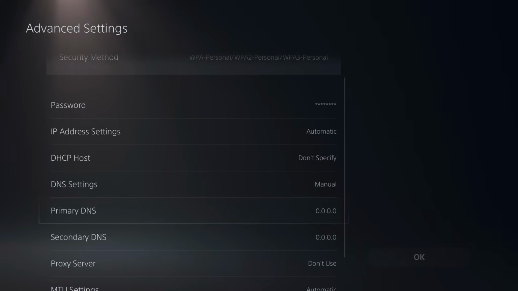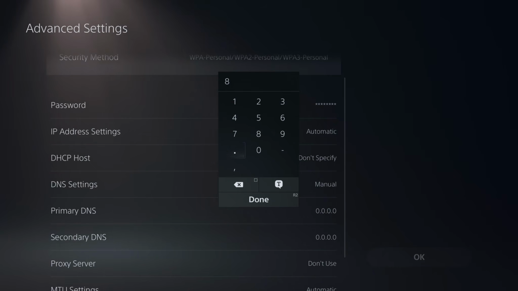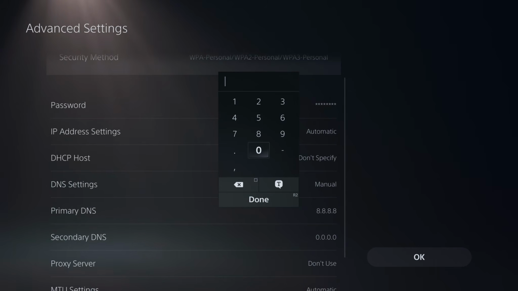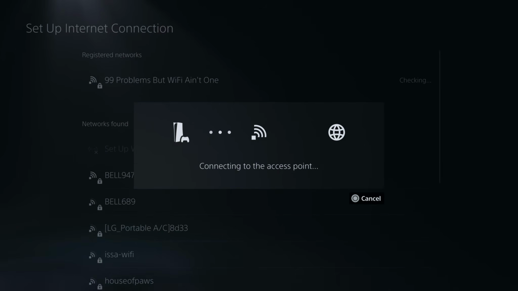Now under the primary DNS, you want to type in 8.8.8.8 and then save that. And for the secondary DNS, you want to type in 8.8.4.4. Then you just want to select OK, and your PS5 is going to connect to your Wi-Fi and connect